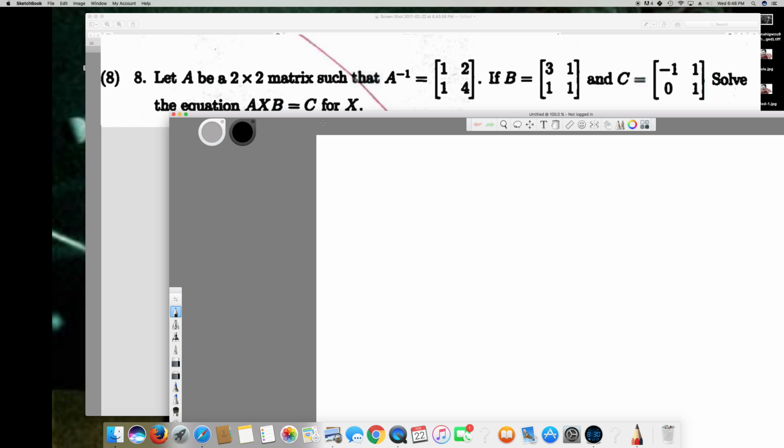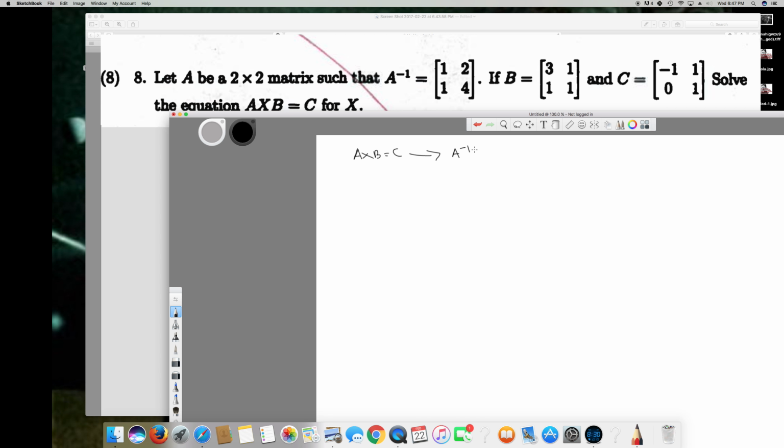The first thing we have to do is find an equation for X. Since they have given AXB is equal to C, I have to rearrange this equation to bring it to X equal to whatever. First of all, to get rid of this A, I have to bring the A to the other side. So what I have to do is multiply this side by A inverse